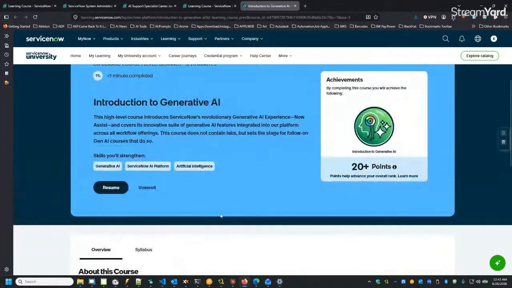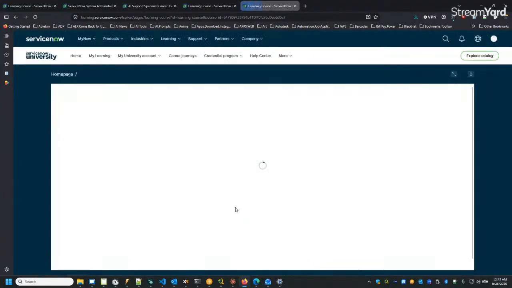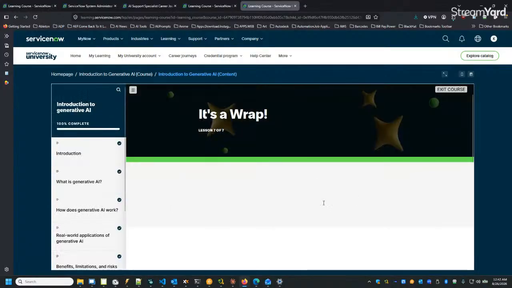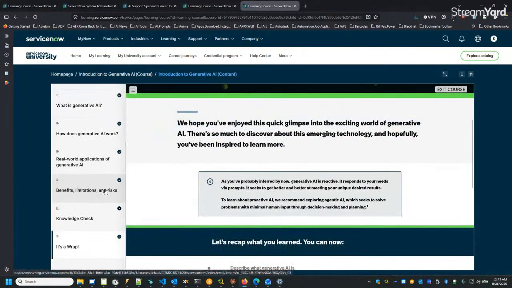Was there another one? Did I miss something? This is why I don't like where it doesn't automatically update. You have to refresh to see it. It didn't mark it right. Forgetting that it takes forever for these things to load. Okay, so we did